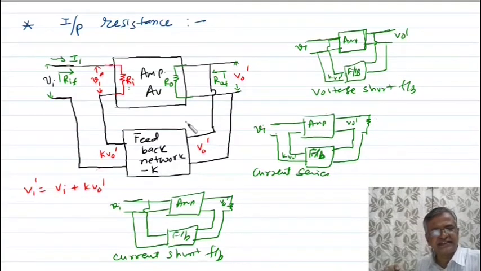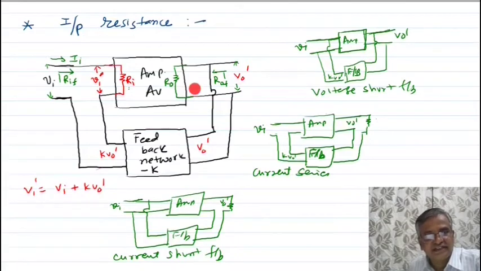Let us discuss output resistance simultaneously. From the diagram you can get a clear understanding. For voltage series, this terminal is in parallel with the output, so this is in shunt manner. Can you see? Yes. When something is in parallel, the effective resistance decreases. So for voltage series feedback and voltage shunt feedback, effective output resistance decreases, which means ROF is less than RO.